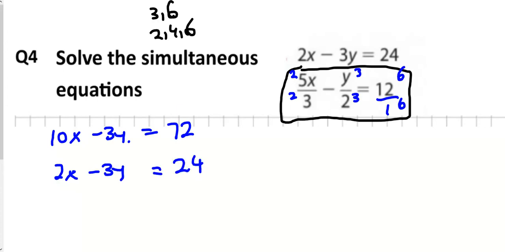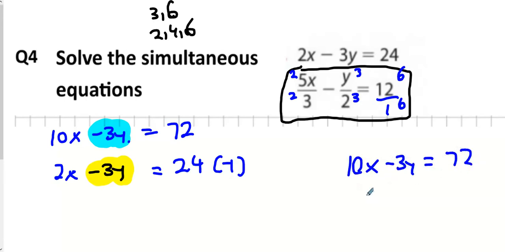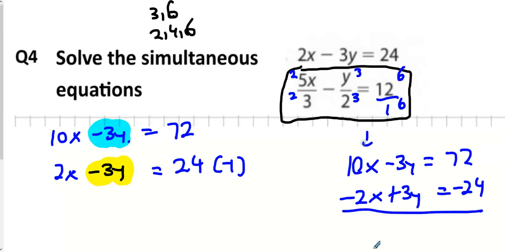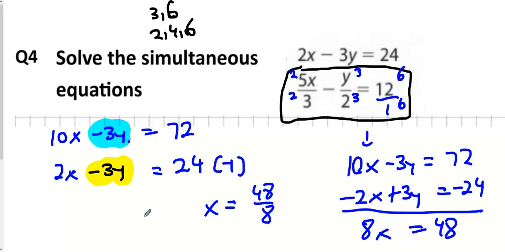Now, this one's 2x minus 3y equals 24. Now, what I'm thinking about doing here, guys, is targeting the minus 3y here. And if I change the yellow one into a plus 3y, I'm in business. So I'm going to multiply the bottom equation by minus 1. What happens when I multiply the bottom equation by minus 1 is the following. It's going to turn into minus 2x plus 3y, and that's going to be a minus 24. When we add downwards, we're going to get 8x equals 72 take away 24, which is 48, and then divide that by 8. So it's going to be 48 divided by 8,